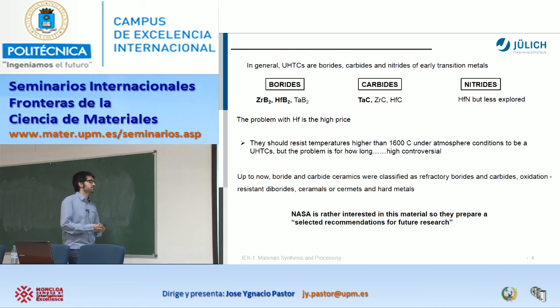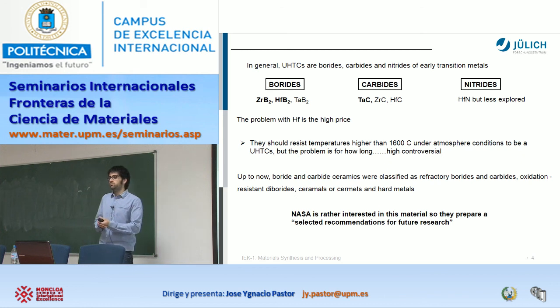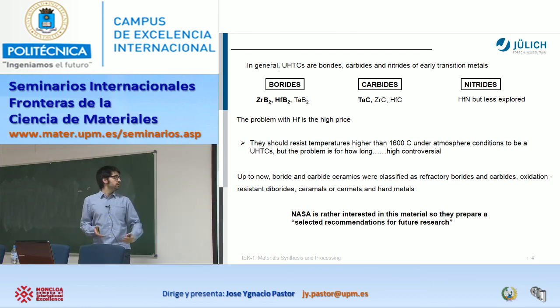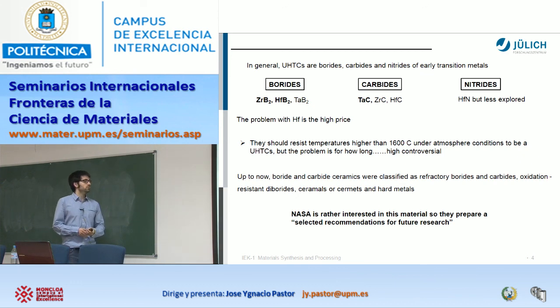I mean, it's really expensive. And then, okay, if we want to do it in a lab scale, maybe you can assume this price, but to generate really large pieces, as I will show you, for components for the next generation of aero vehicles, well, hafnium could be a problem, even when it has good properties. For that,